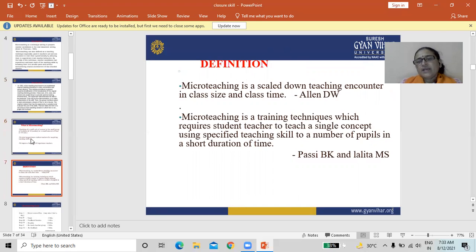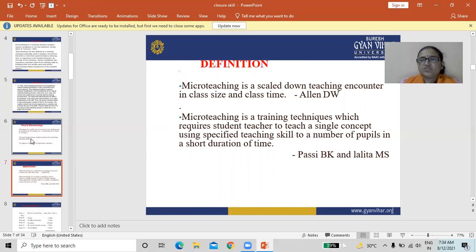According to Allen D.W., micro teaching is a scaled down teaching encounter in the class size and class time. As in the meaning we already discussed, the time should be 5 to 10 minutes and the class size should be 5 to 10 people in one class, or we can say in a micro teaching. Is content also scaled down? So